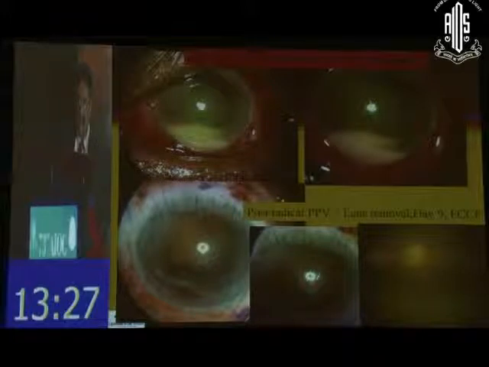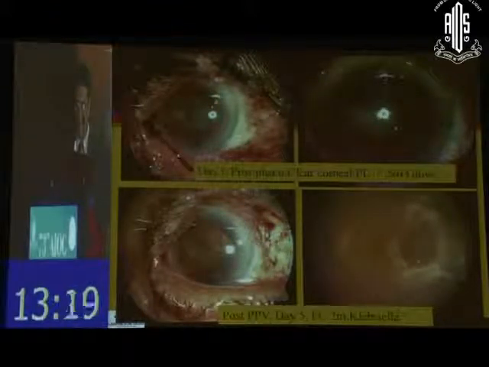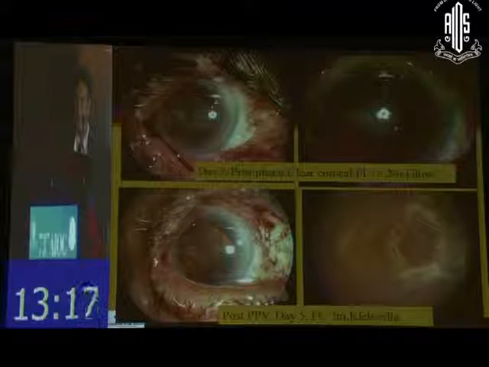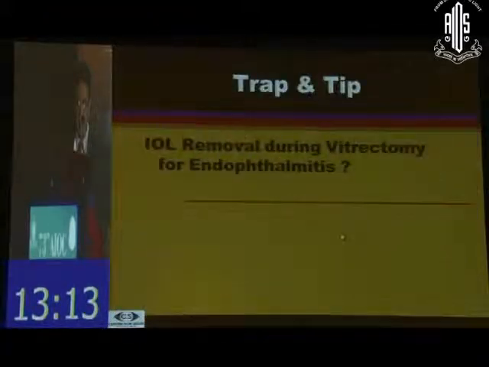Skip these videos. These are the result of very severe endophthalmitis. This is a silicone-filled eye. This patient had a gram-negative infection. This again is silicone oil reflexes after doing a radical vitrectomy with silicone oil injection.